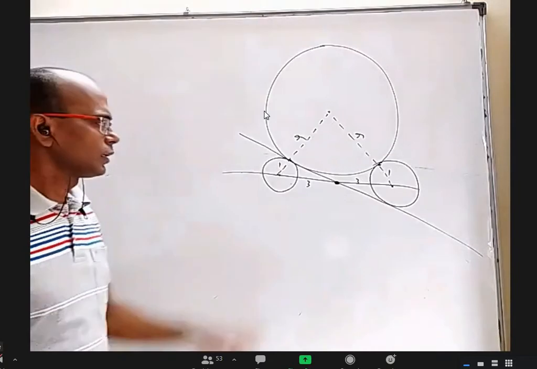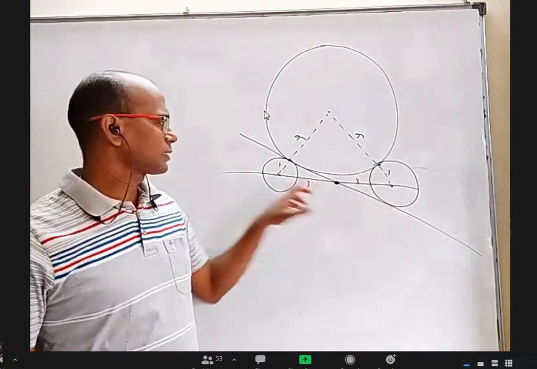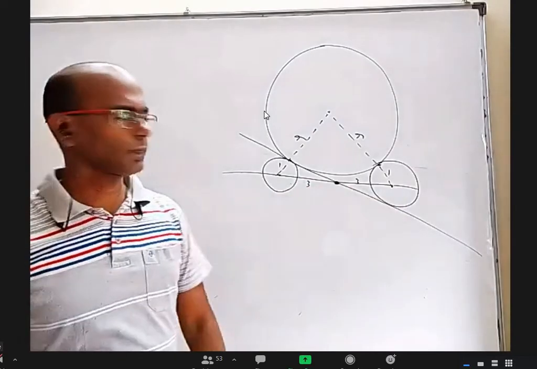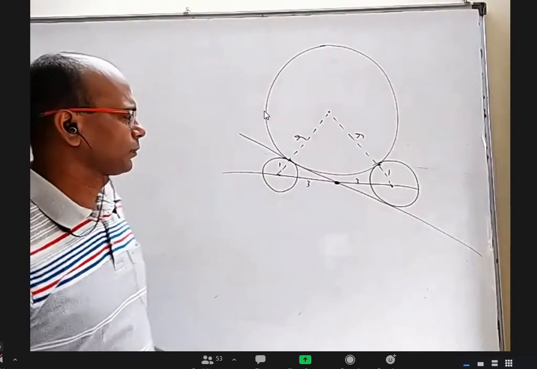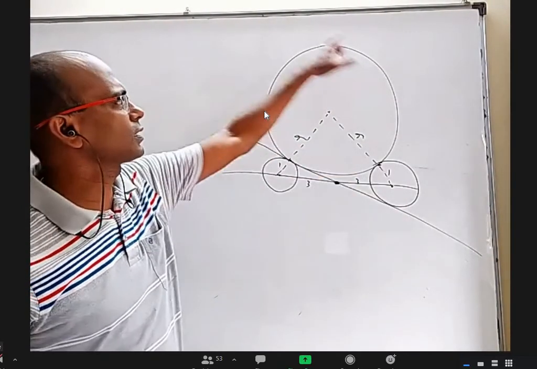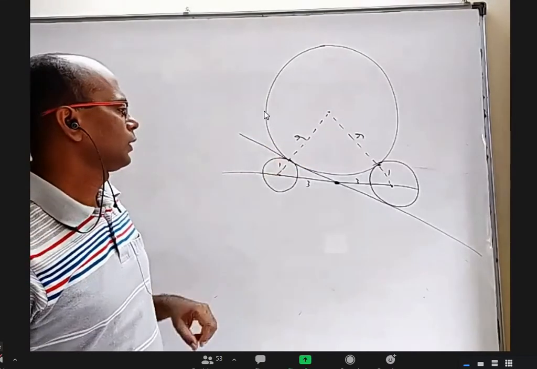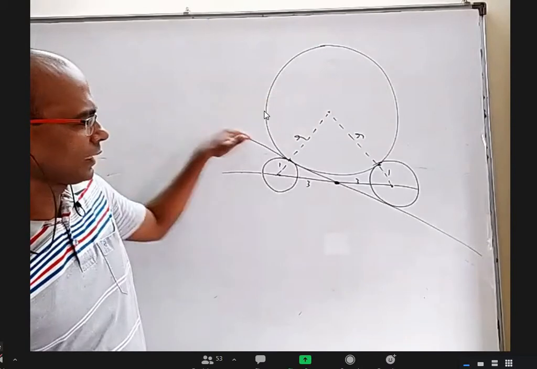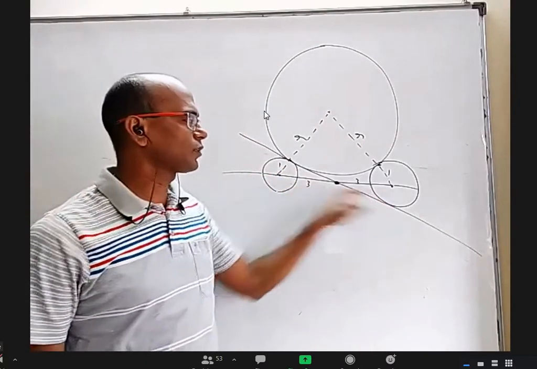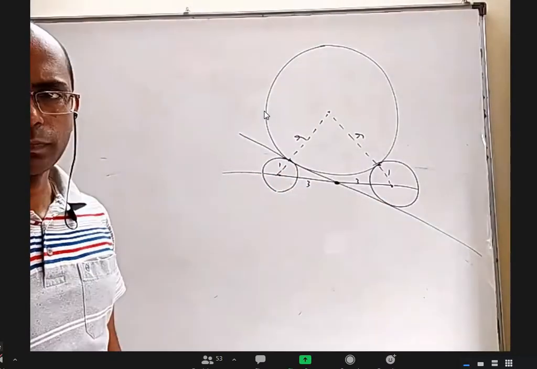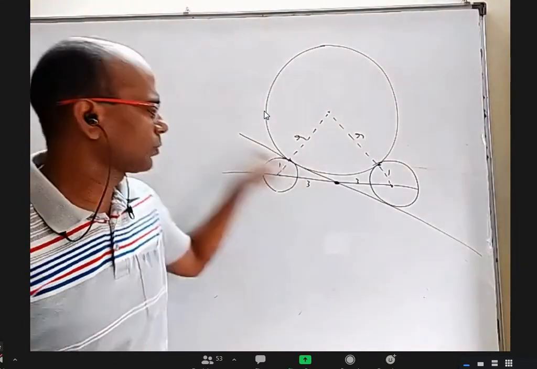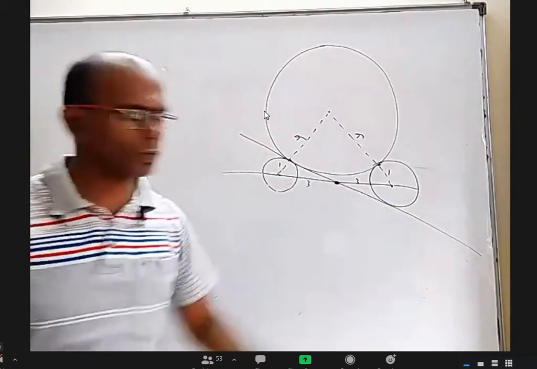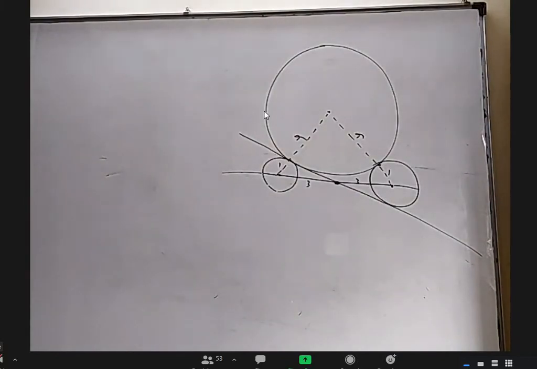So what it is, there are two circles. This center has radius 1, this has radius 1. The distance between the centers is 6 units. You take their midpoint. Apart from that, there is a particular circle, quite a big one. It is touching both of them in such a way that these two have one common tangent. This line which is passing through this midpoint is a common tangent of these two and a common tangent of these two also. Is this a question?